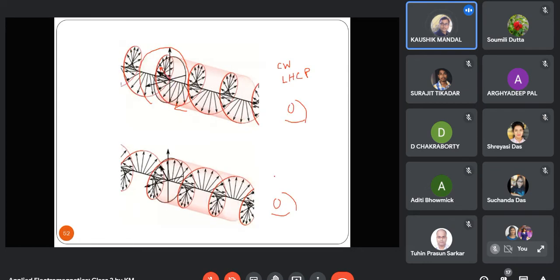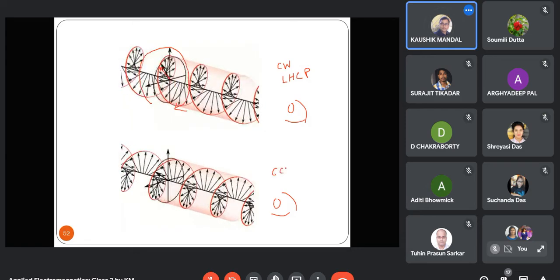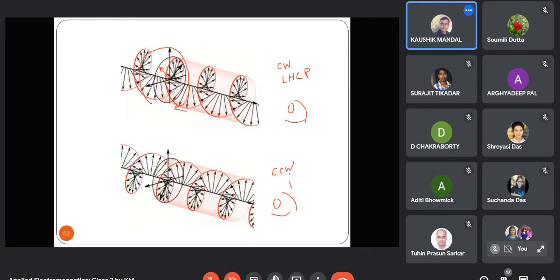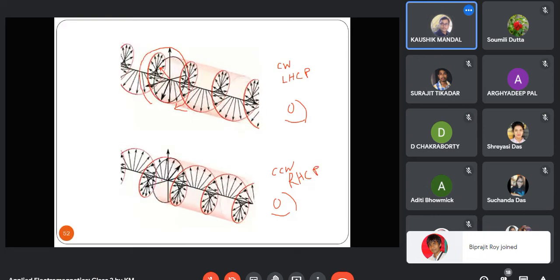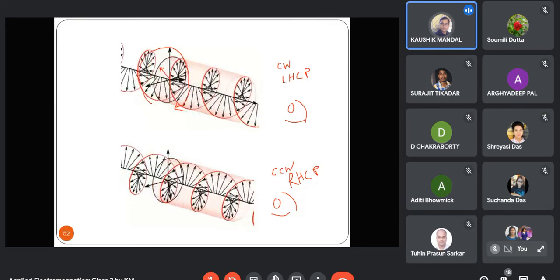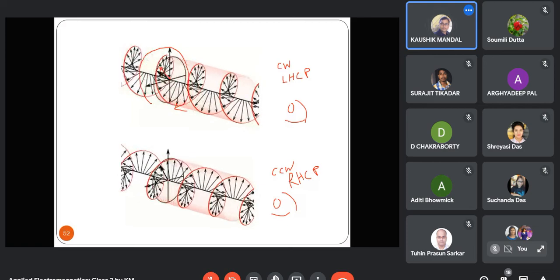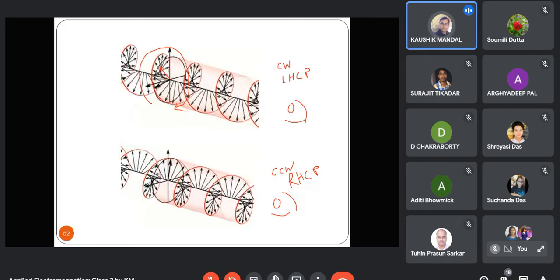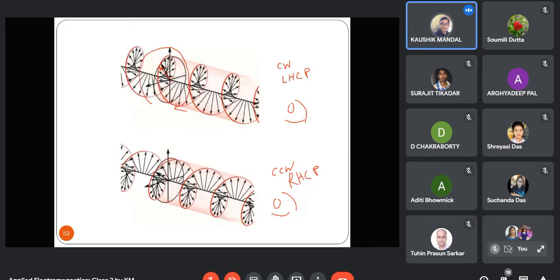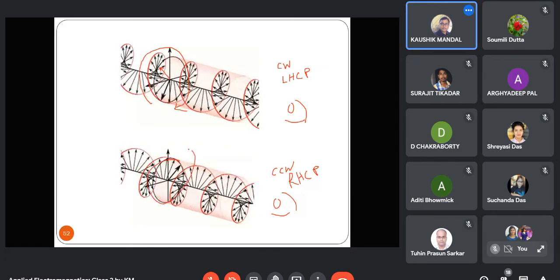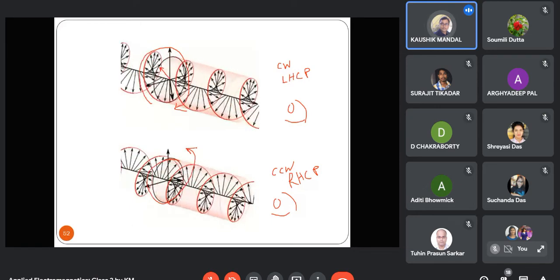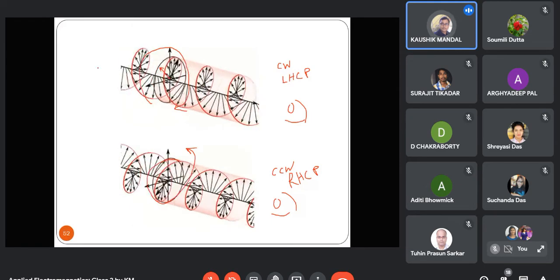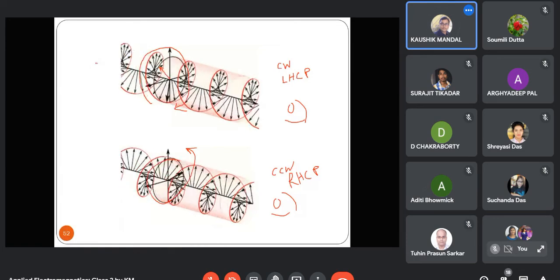একইভাবে এটা হবে তোমার দেখো counterclockwise, তাহলে এটা হয়ে যাবে the case of RHCP। এখানে একইভাবে you have to concentrate on the electric field vector arrow that is in bold fashion, তাহলে দেখবে এটা এরকম ভাবে রোটেট করছে কাউন্টার ক্লকওয়াইজ, so it will be the case of RHCP। একইভাবে এবার আমি এখানে চলে আসছি, suppose you are observing from this end,